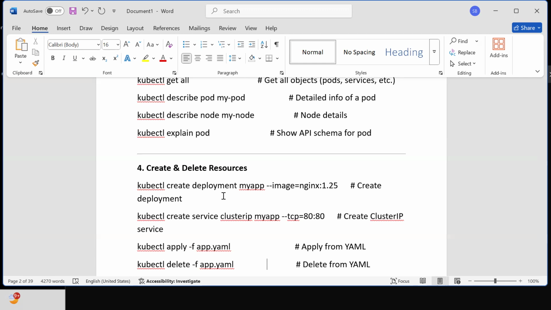So for that we are using kubectl apply. But if you want to create any deployments... Sorry, Shrikant, can you come in? Yeah, for the deployment mostly we'll use the YAML file. Okay, but here we are using